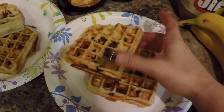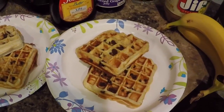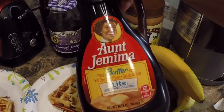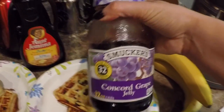Okay guys, here are the waffles. It makes 4 waffles, and now I will eat them. Sometimes I do some syrup. I like Aunt Jemima's, the light butter flavor, or I'll do jelly,